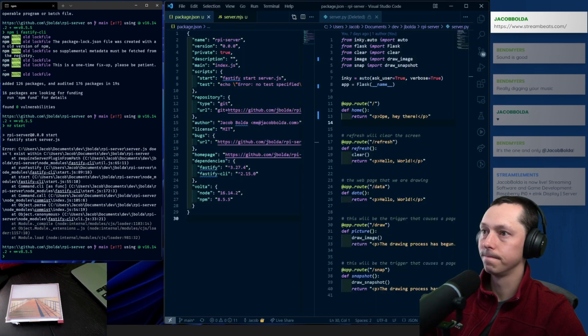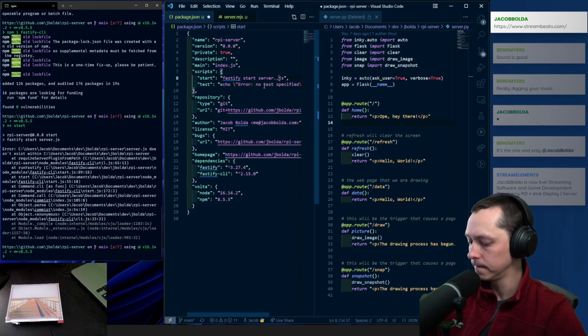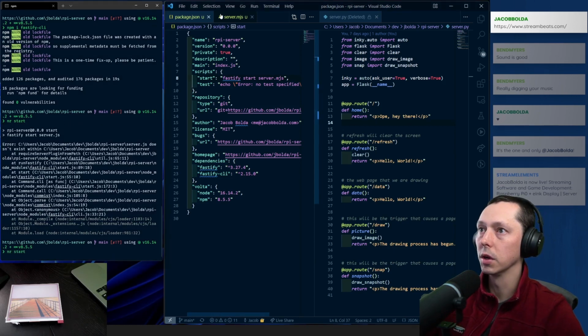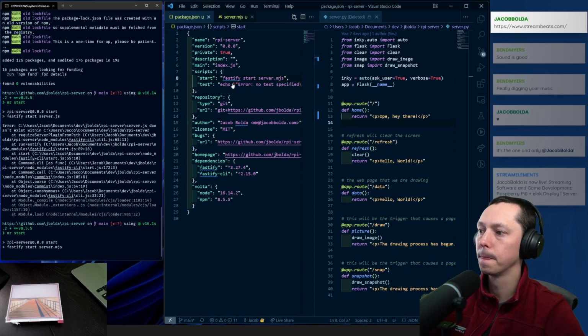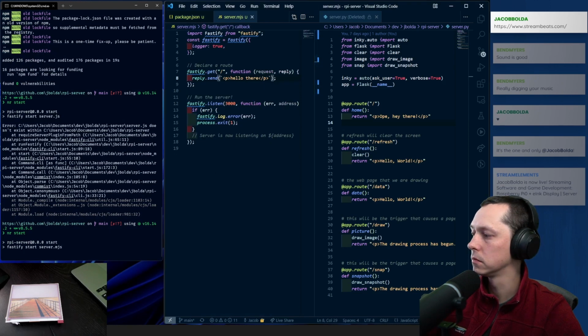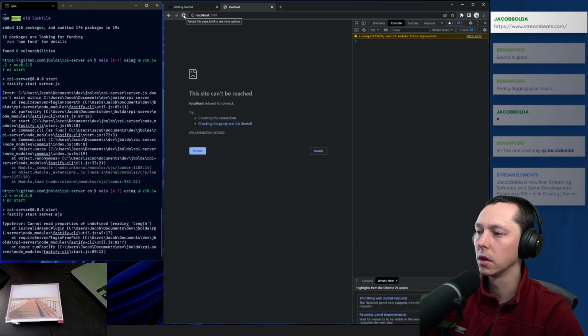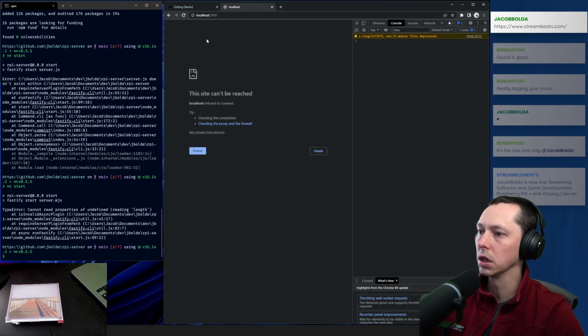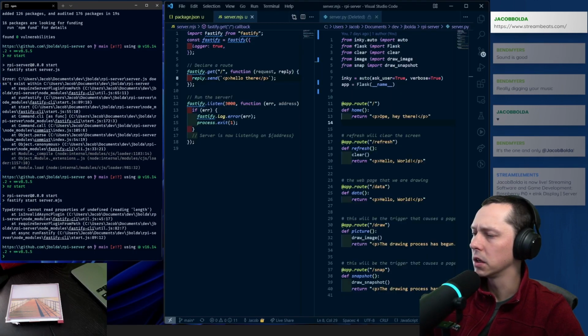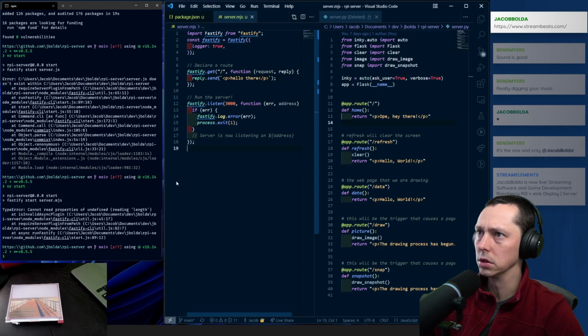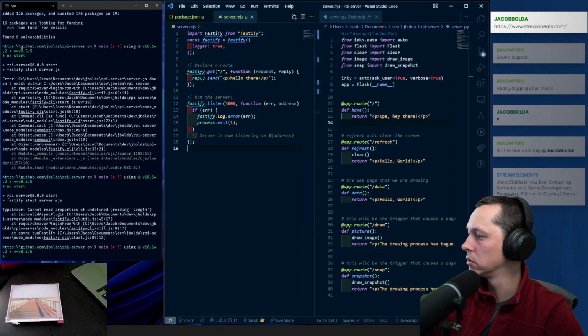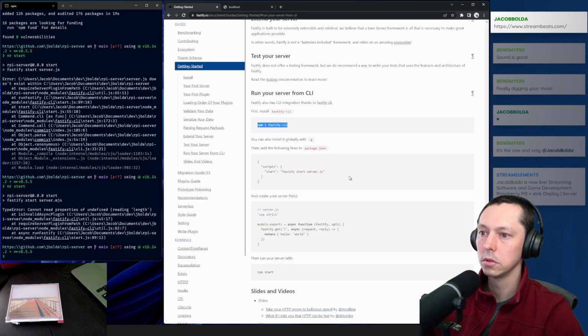Server.js. That's why it's taking so long, because we were doing MJS. Cannot read properties of undefined reading length. And that's where I think we need to do some special